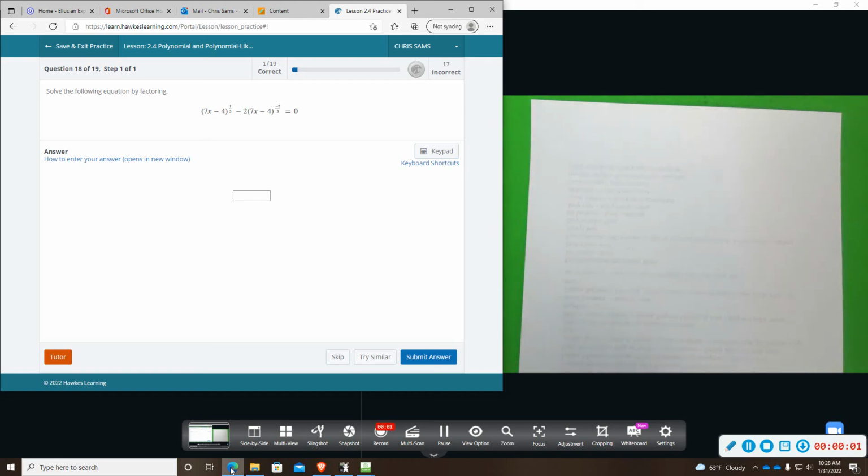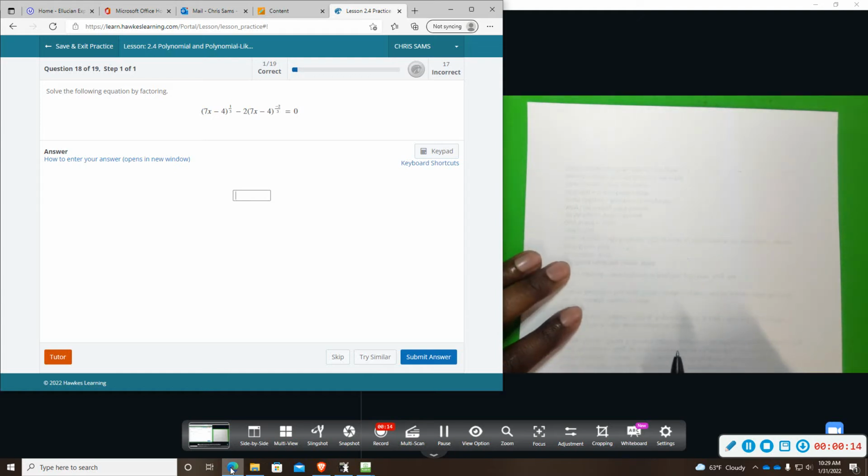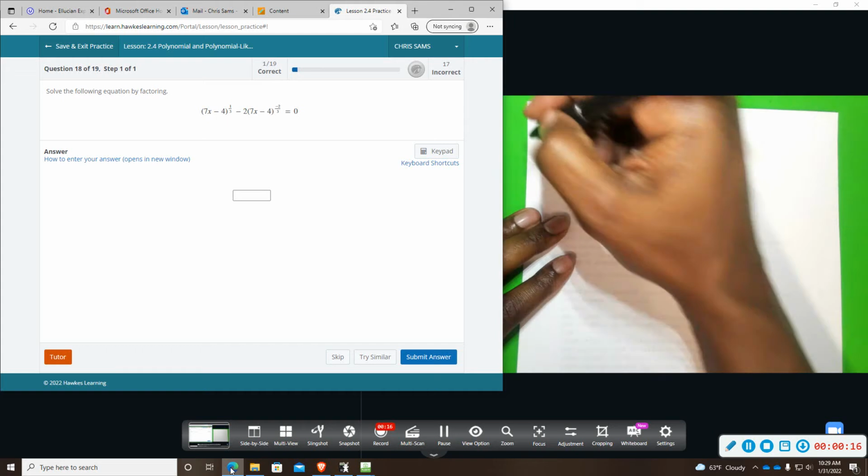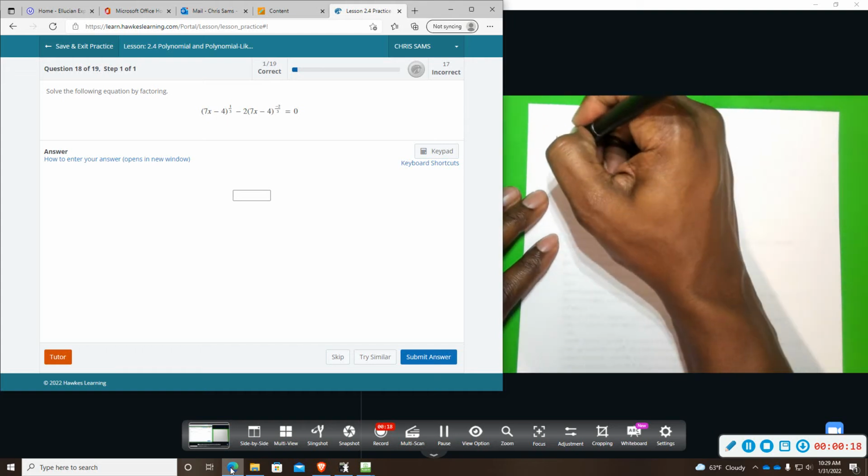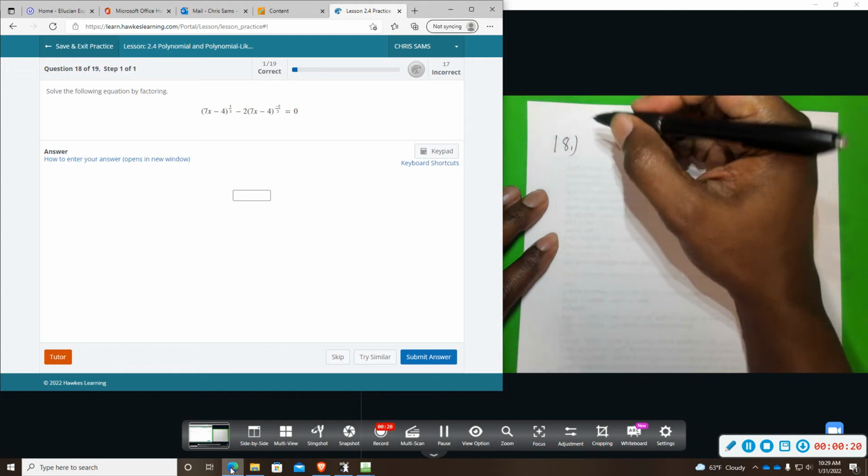Alright, here's number 18 again in the practice, but I want to go back and explain why there was one solution. In my haste, I just kind of skipped over a very important fact, so let me readdress that here. So, going through that problem again, okay, we have,